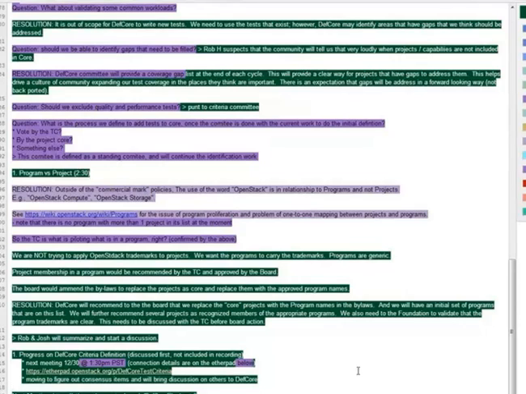It's inappropriate for the TC to define the programs that should be part of core. That is the responsibility of the board. It is the TC's responsibility to designate which projects are part of those programs. No, actually, the way it works is that the board, you're right, the board determines what's core, but they can only do that based on recommendation from the technical committee.